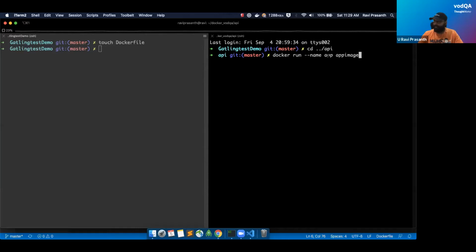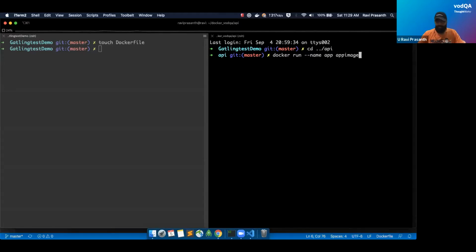I'm specifying a name for the container that I'm running for this particular image that I've built already. If you do not give this --name app, Docker will create its own name and put it as a container. It would be very tough for us to track it, right? That is why I'm explicitly giving a name for it.